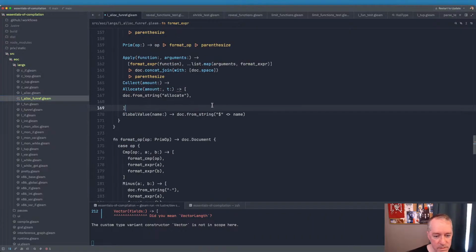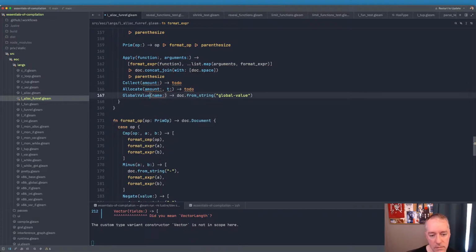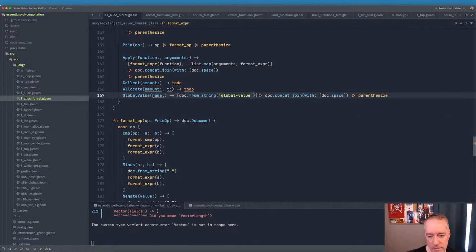Here we go. Rather than this, we'll say it's global value. Let's just put to-dos here for now. Okay, global value, and then